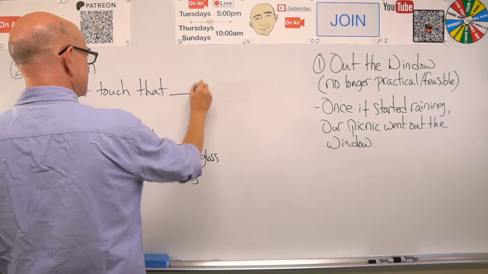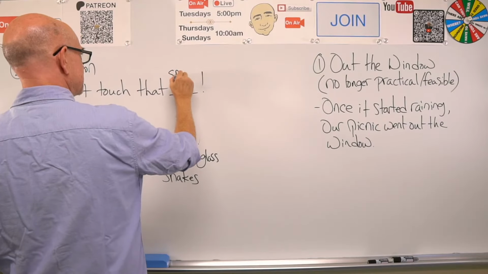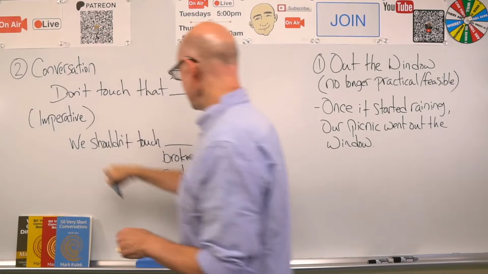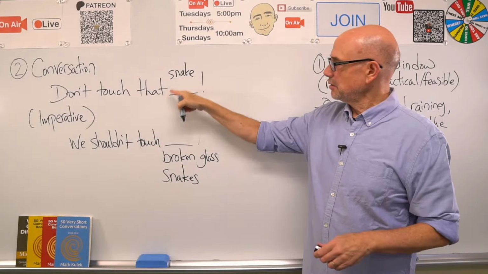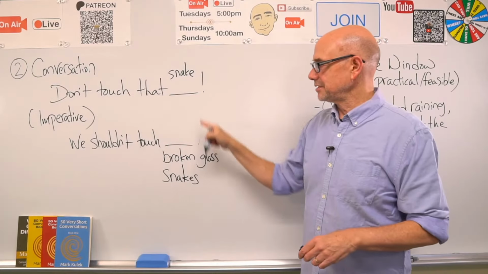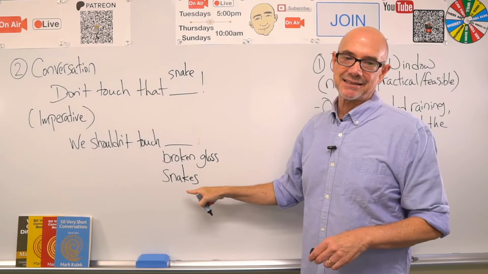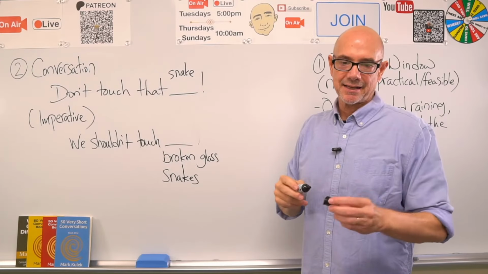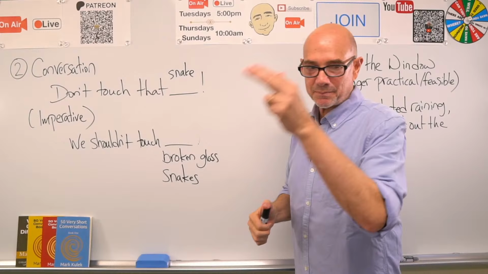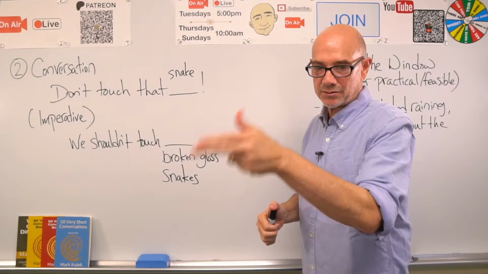So here it's that one particular snake. But here, we're just talking about general. Right here, one particular one. Oh, don't touch that snake. Here, we're just saying we shouldn't touch snakes. Yeah, Hannah. But if you're talking about one specific, particular one, then you would say, oh, don't touch that